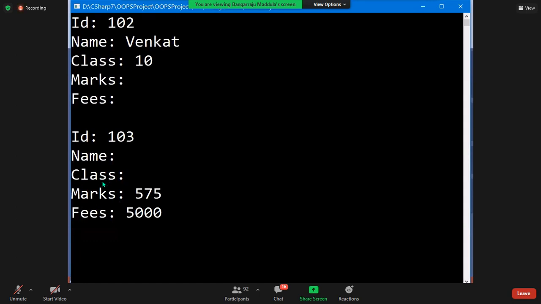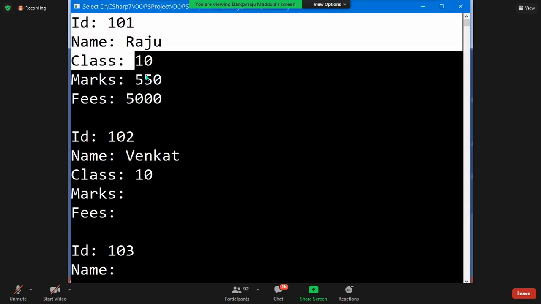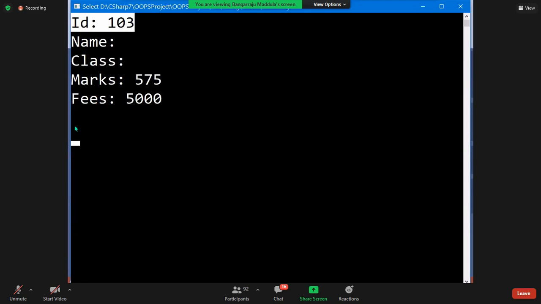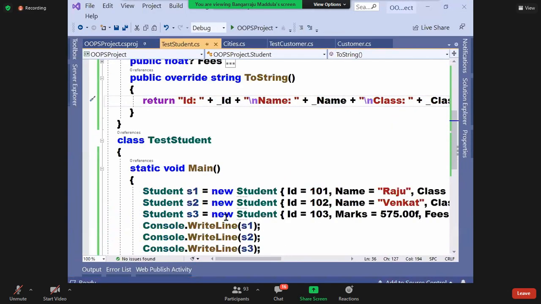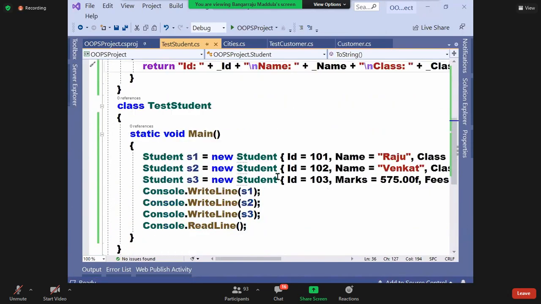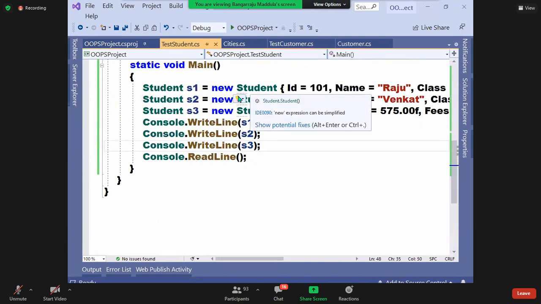If you want to do this, you need 3 constructors in the code now. One constructor initializing all the 5 fields, one constructor initializing 3 fields, one constructor initializing 3 fields. Like this, I want to initialize ID, class, fees. Another constructor. Are you getting me? How many constructors should you define? 32 constructors. But right now, you did not define even a single constructor in your code. Which constructor is there? Default constructor. And that default constructor only will be used here, and you can initialize them.